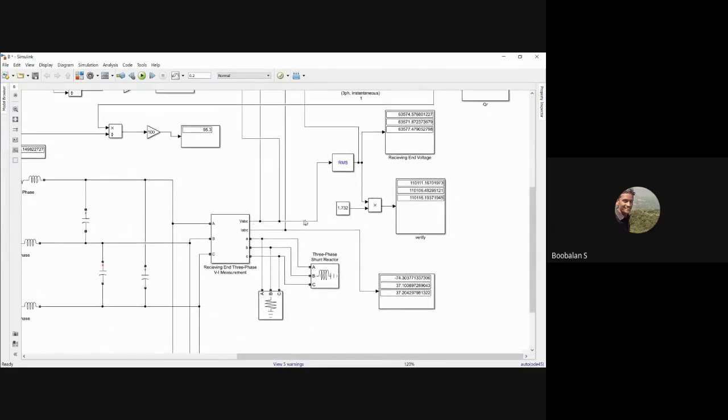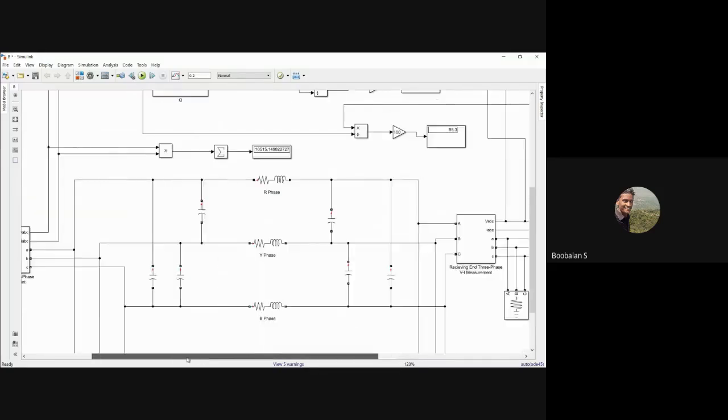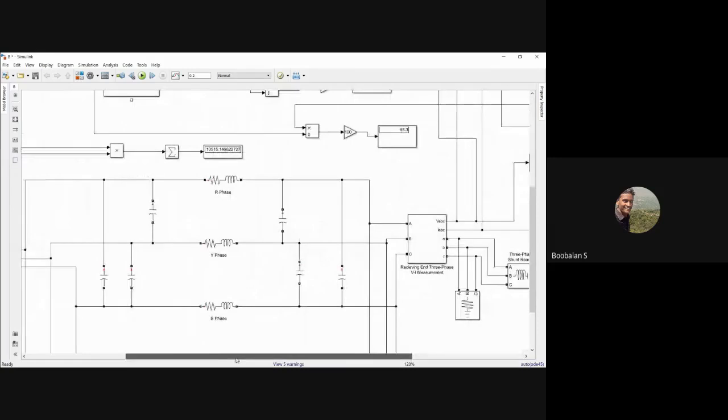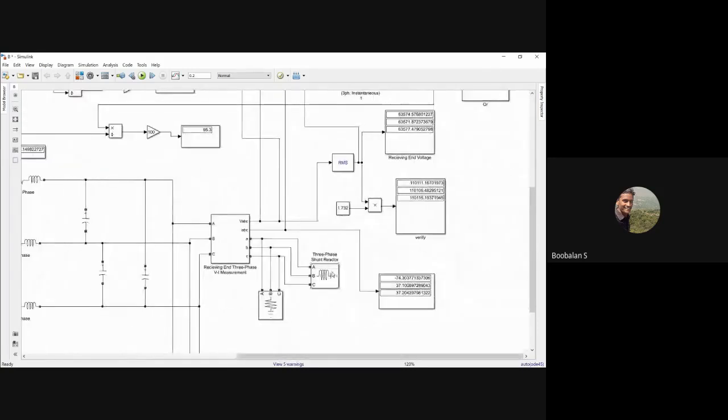Receiving end voltage, right? Just use this RMS block and you will have the receiving end voltage. If you need to self-verify that, just multiply and see. We can verify that it will be this much. So you have that verification about my receiving end because of my transmission line inductance and the capacitance effect. Due to this, my receiving end voltage is a little bit higher than my sending end because of the Ferranti effect. By adding a shunt reactor value in such a way, you can remove the Ferranti effect, right? These are the things we have seen in previous classes.